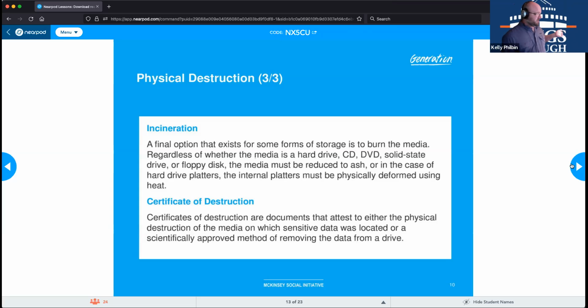Typically you would get these if you're handling very sensitive data. You would make sure you keep these on file for auditing purposes, so that if anything comes up later, you can show your company did everything it was supposed to, for data integrity. You will get a question on this, just so you know: certificate of destruction, sensitive data, to verify for auditing purposes that the drives were actually destroyed.